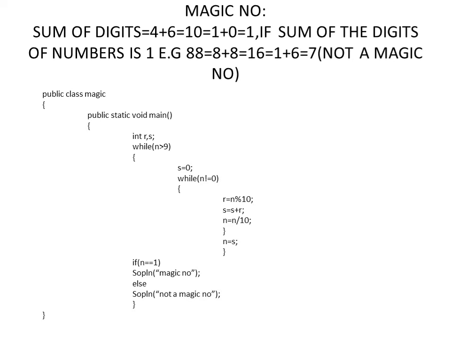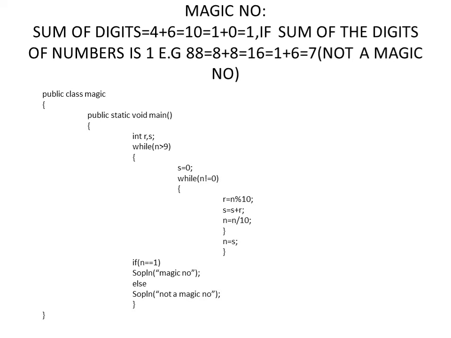And by this time my number is less than 9. Actually it is 1. So if it is less than 9, then it will definitely exit the outer loop of the while. Once it exits the outer loop of the while, the next statement, which we can clearly demarcate on our screen, is: if n is equal to 1,